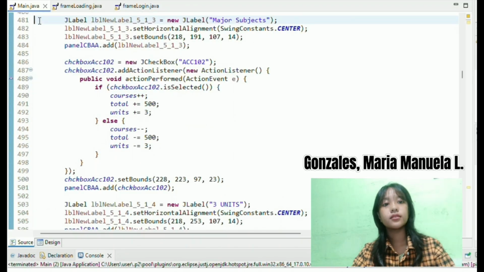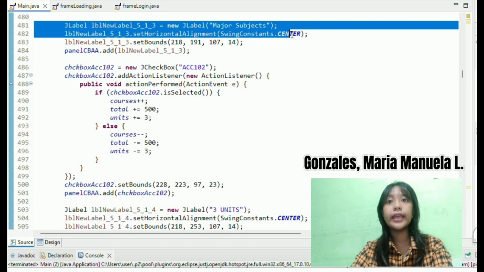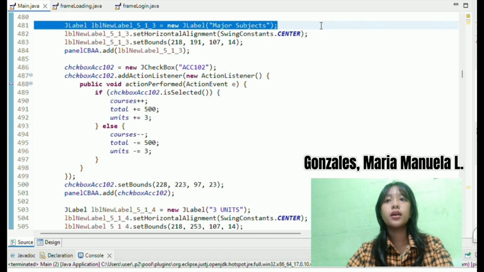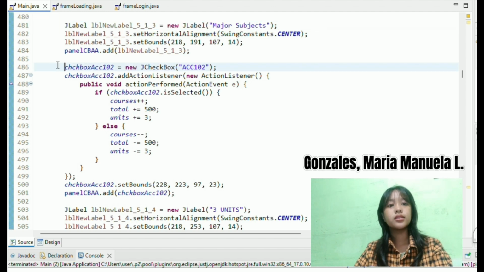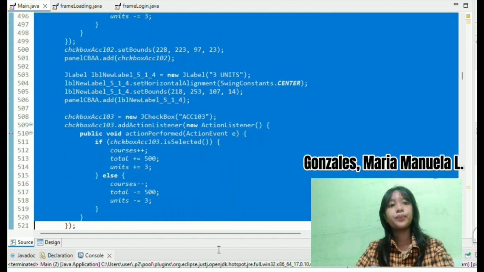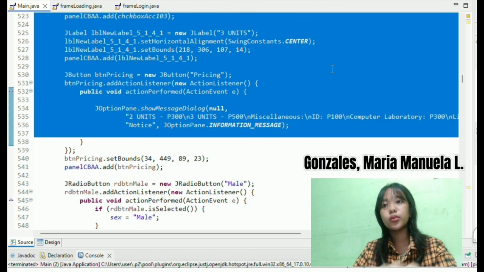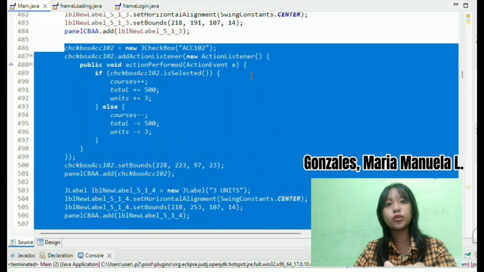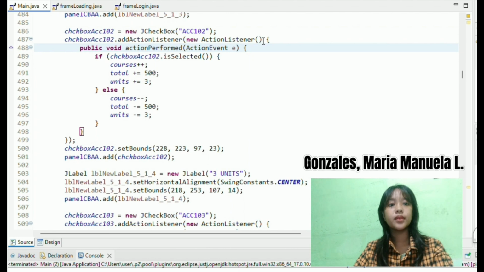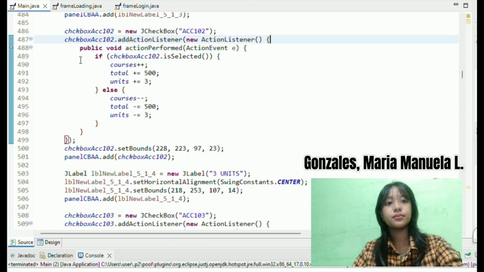So in this part, we have added a new JLabel, which is named major subject. Under it, there are 2 checkboxes, checkbox ACC 102 and checkbox ACC 103. In those checkboxes, we have added action listeners, of course, so the users can select or deselect.